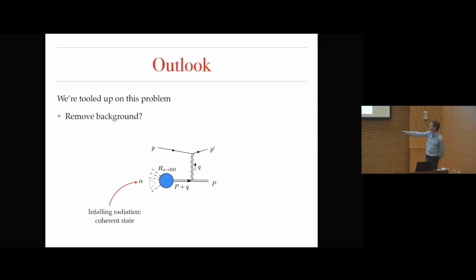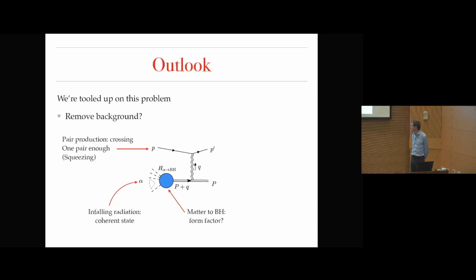We can arrange that the number of quanta in this coherent state are large, so that it makes sense classically. Make it narrow, so that it has the properties of this Vaidya solution. And then when it falls into the origin, these things have to collapse into a black hole. In terms of quantum field theory, the black hole is just some system, and we should sum over it inclusively. So there should be some sort of form factor which converts that initial state into the final black hole system. We need to introduce a form factor there. And then with that, the computation is really quite straightforward.